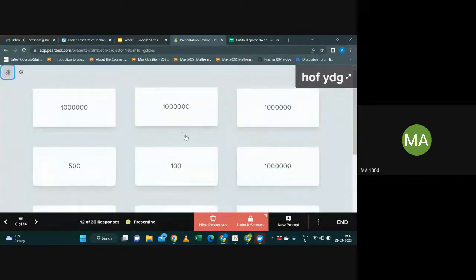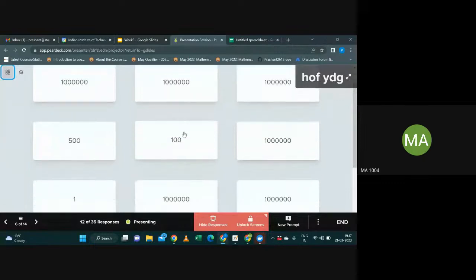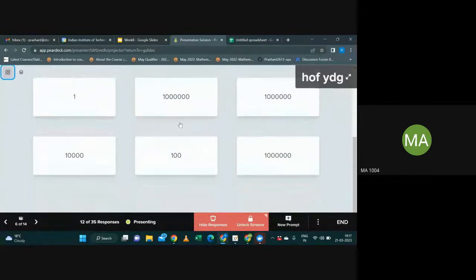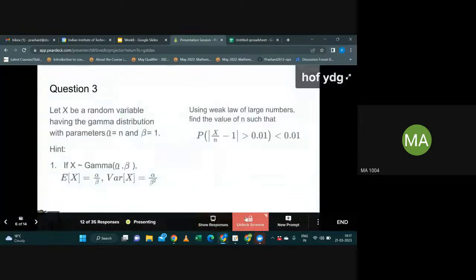So 10 lakh, 10 lakh, 500, 100, 1, 10 lakh, 10,000. Okay, 10 lakh, 100. Okay, great. So basically, what's